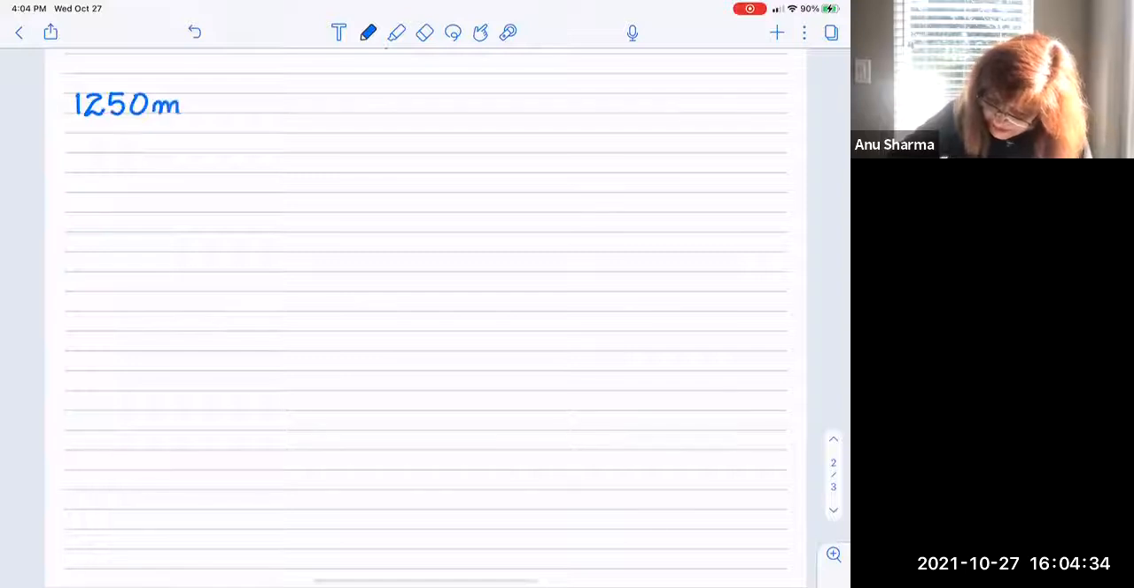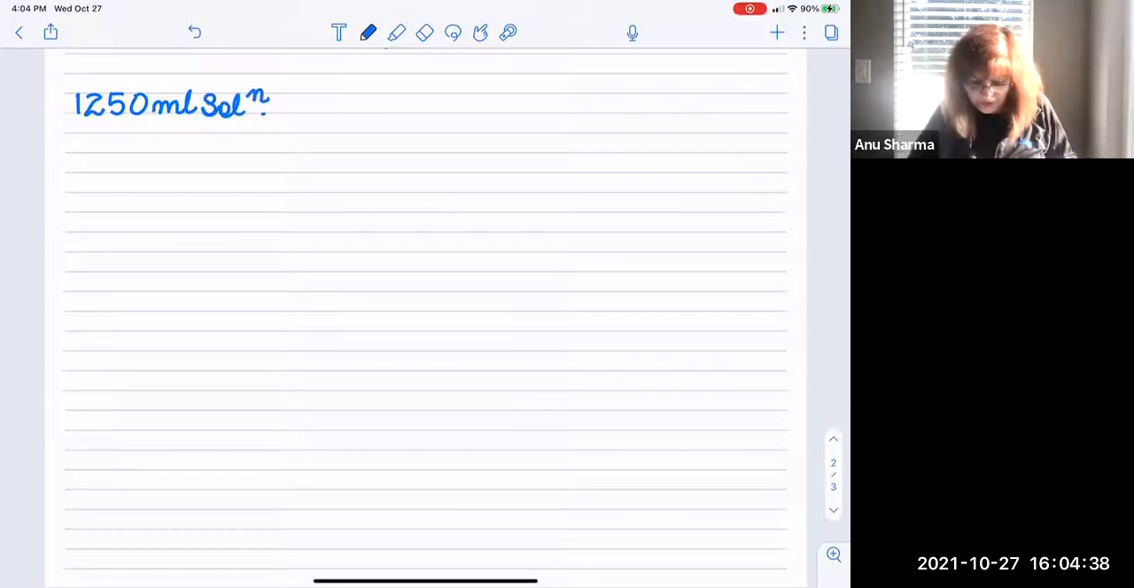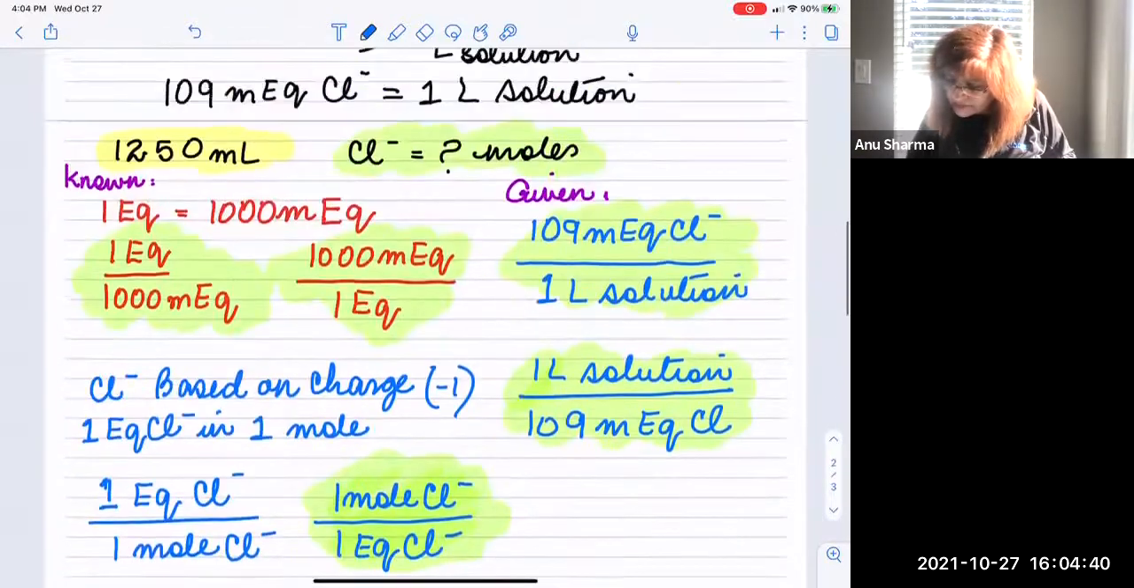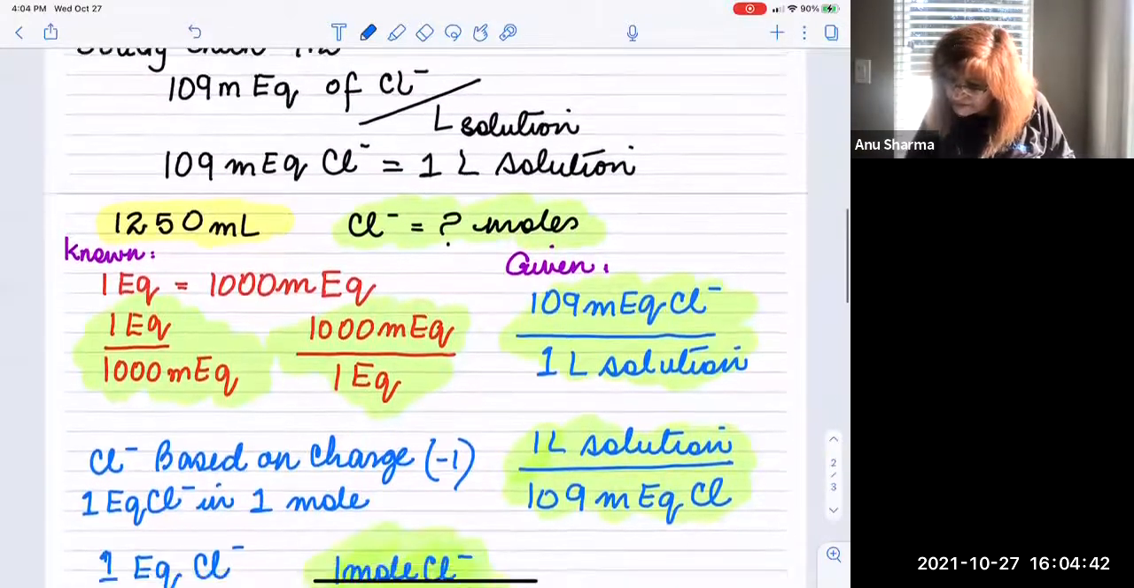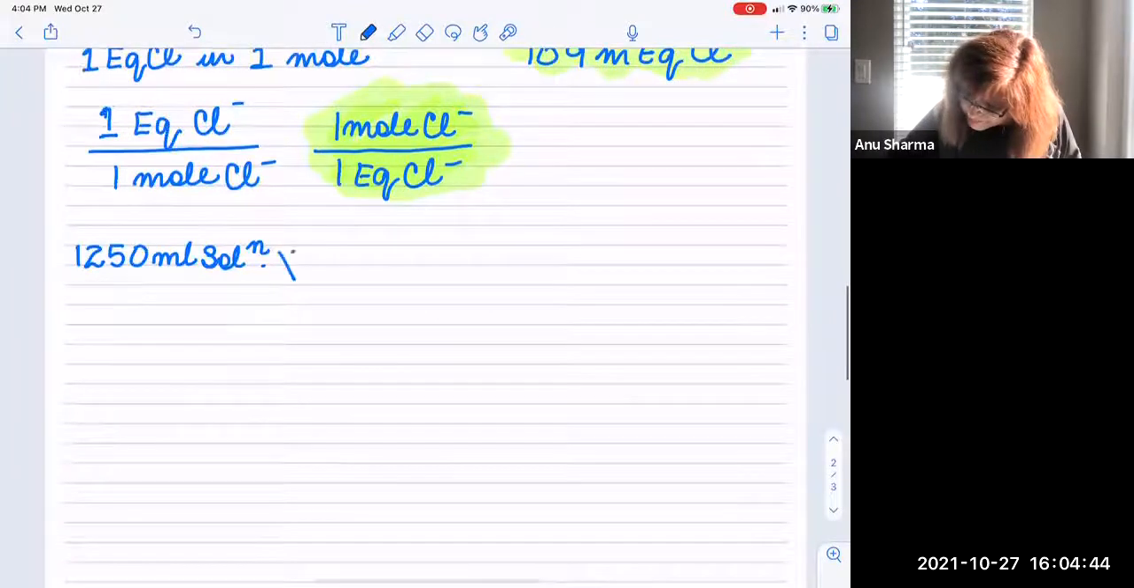1250 milliliters of the solution. Okay, solution times